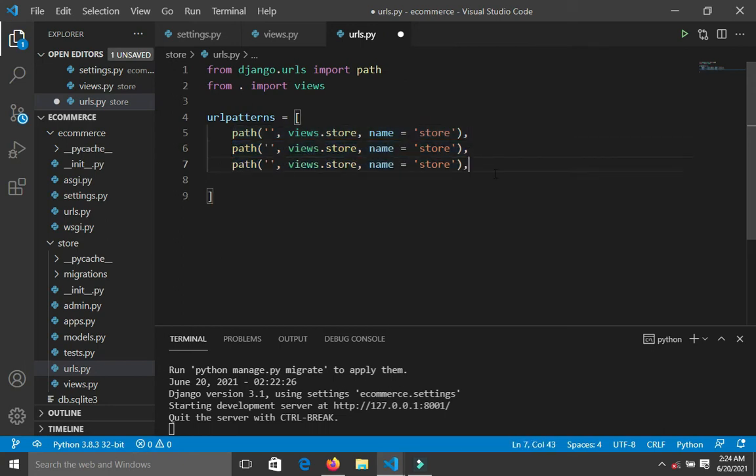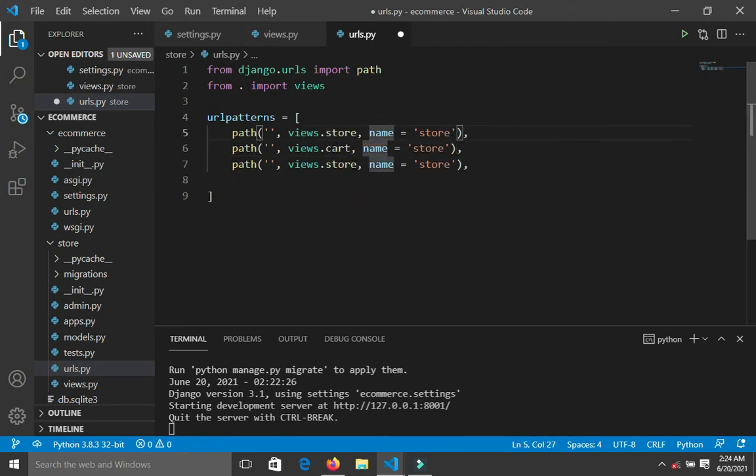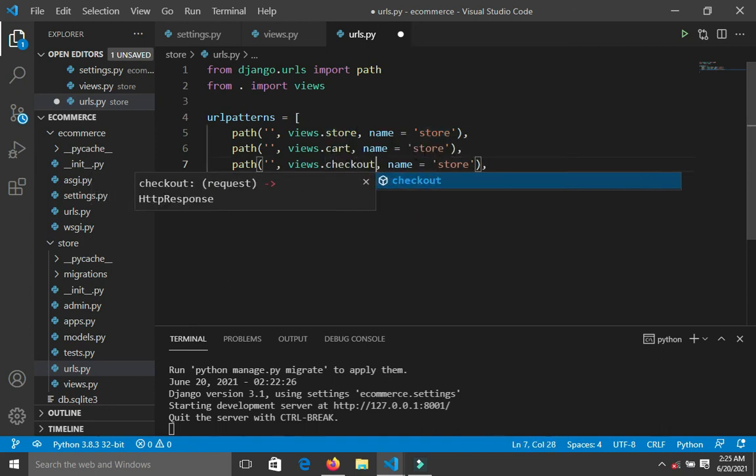Okay, so I'm going to call this views.carts and views.checkout. Change this to carts and checkout. So what we're going to do next now, we're going to simply register this url.py file in our project's url.py